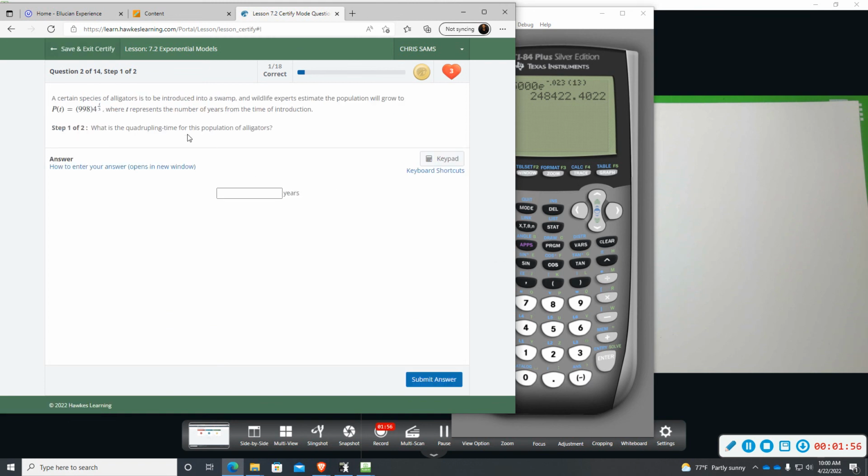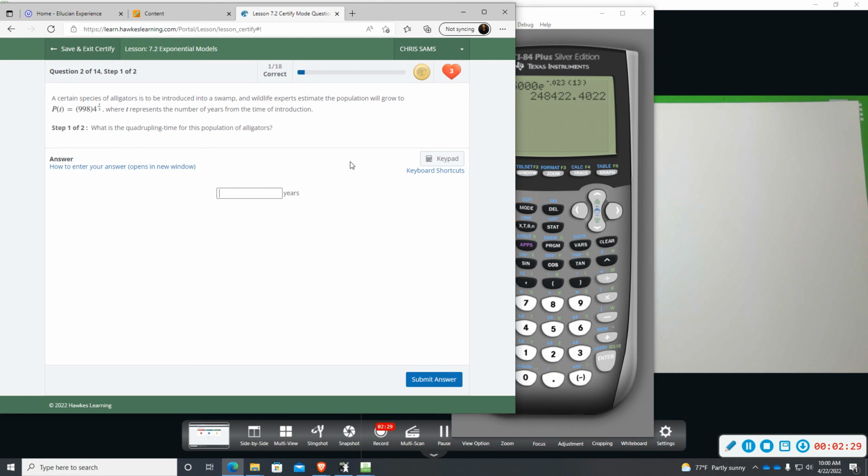Alright, and then question number 2, there are 2 parts. A certain species of alligators is introduced into a swamp, and wildlife experts estimate the population will grow to P of T equals 998 times 4 to the T divided by 3 power, where T represents the number of years from time of introduction. So these alligators are going to be growing in this wildlife, and we want to know what is the